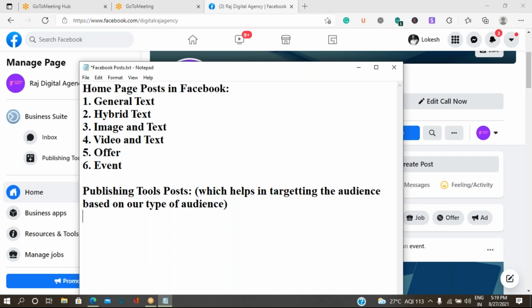Okay, so what are those posts we can create by using the publishing tools, in which we can select the audience types.